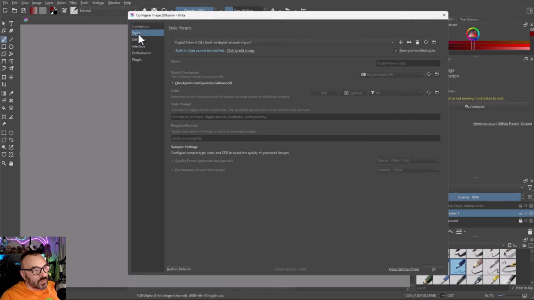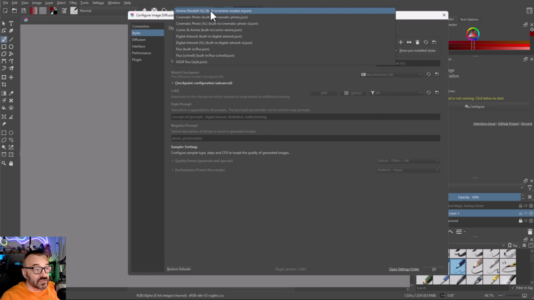Next, if you look at the tab called styles, here is where we load the workflow. In ComfyUI, you're kind of familiar with specific workflows. Here it represents the model, and also additional components they may use. And you'll notice some of the settings will change depending on what workflow we use. And also here we can select Flux, and you can see right here I have already built in Flux